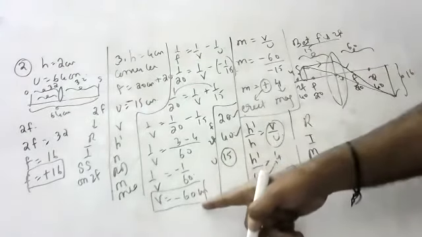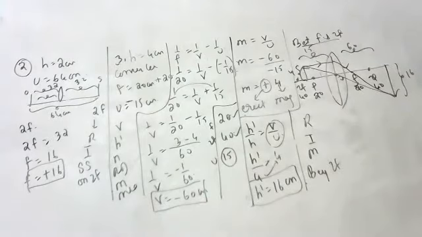Why did you get minus, children? Why did we get minus? We should not get minus. Why did we get minus? Because the object is on this side and the image is on this side. The other side is plus. Now why did we get minus, anyone? Oh my god, how did it happen?